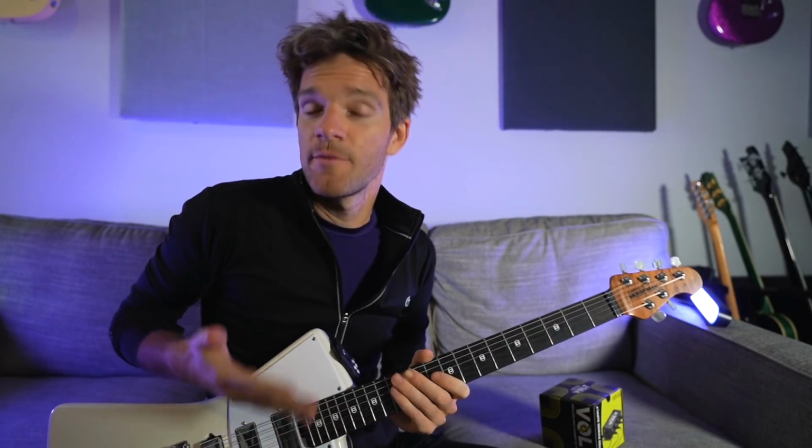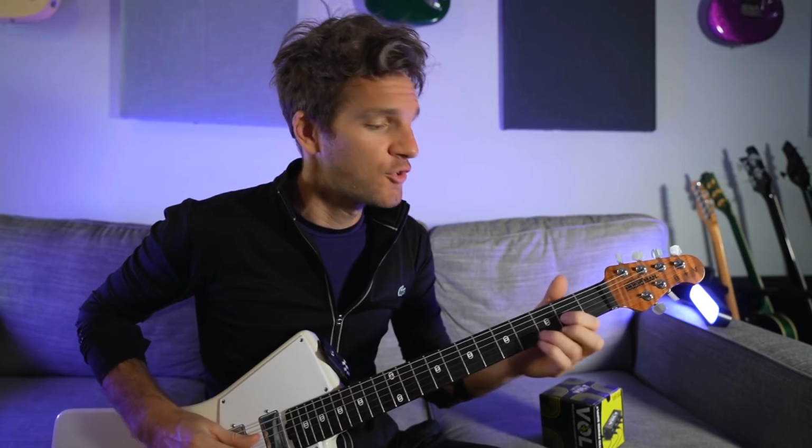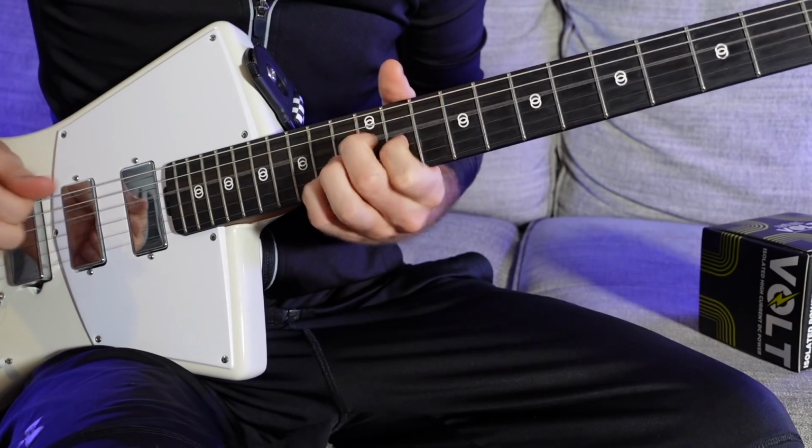So today we're going to uncover some different chord shapes that maybe you haven't used before. We're going to do it through a very typical, common chord progression I'm sure you've heard before. It's basically a 1-6-4-5 progression, which would be like a D major, B minor, G, A. But we're going to use some different chord voicings, so it's going to sound like...